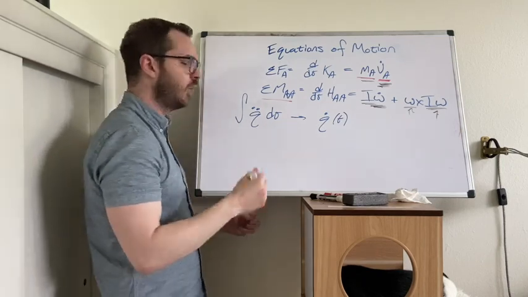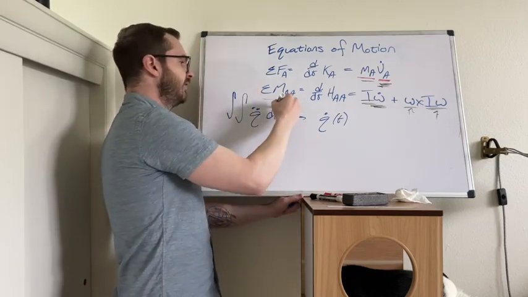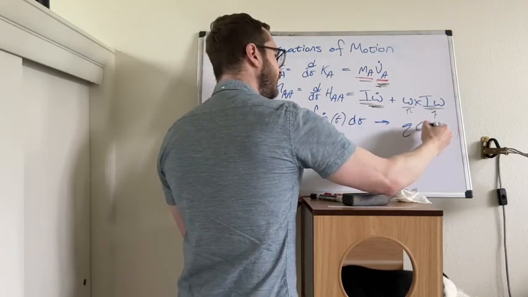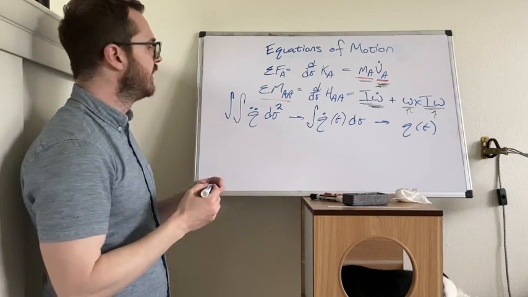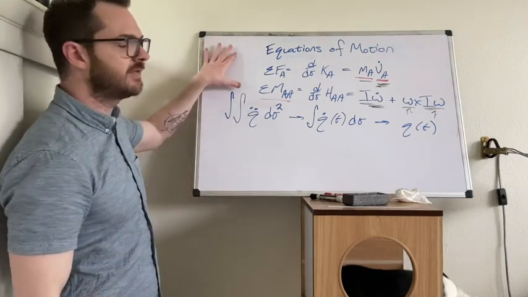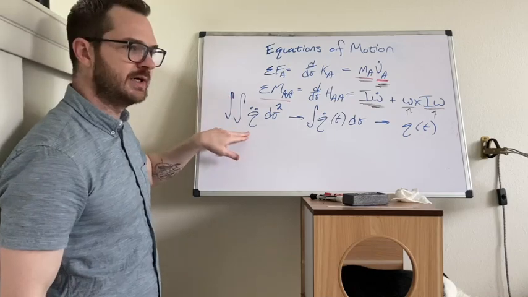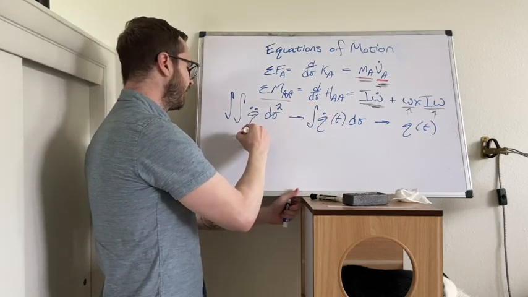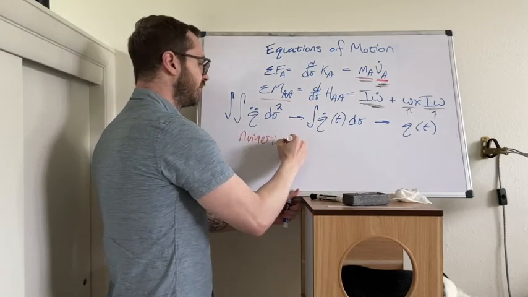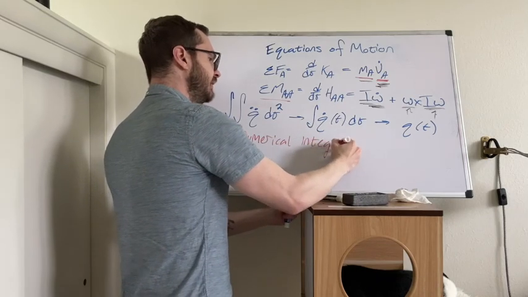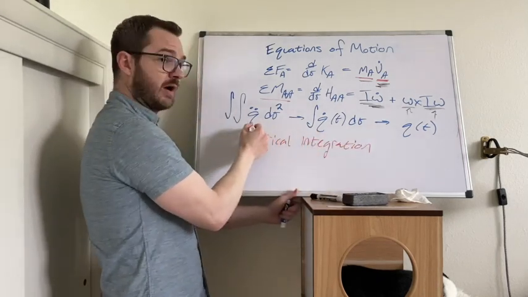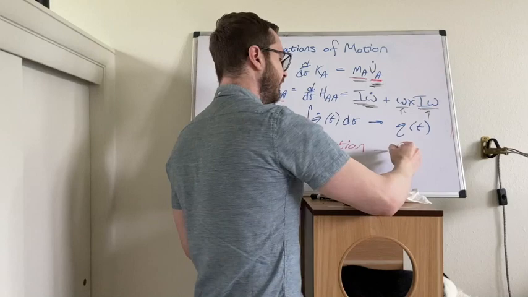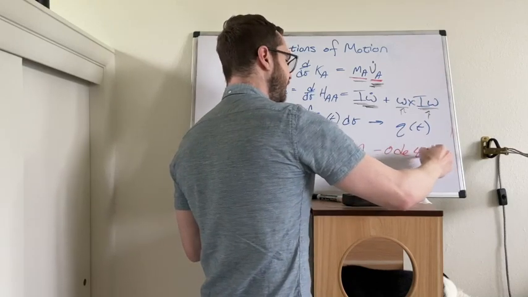Now, what happens when you numerically integrate a second time? That means you're now going to get q as a function of time. What this process is telling us is that if we take the equations of motion, we solve for unknown accelerations, and we perform some kind of numerical integration on these calculated values, we can find some kind of time history of this thing, and we're going to do this